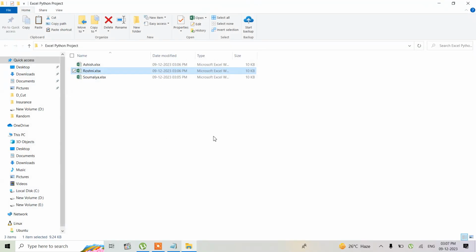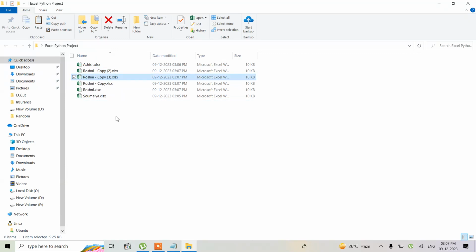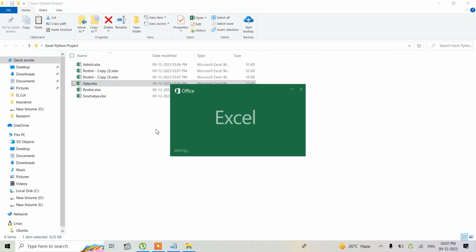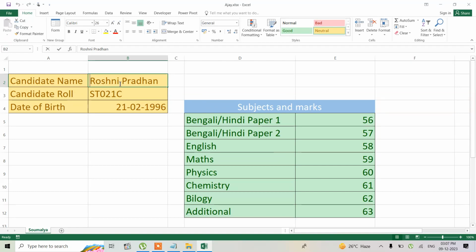Let me make another copy. So Ctrl C and Ctrl V. Let me paste a couple of times. Ctrl V, V. So finally I will be making all these copies. I will not be making any more copies. So let me give this a name, maybe Ajoy, and Ajoy's details have to be filled too. So Ajoy Pramanik, fine, and his roll number might be 022B,